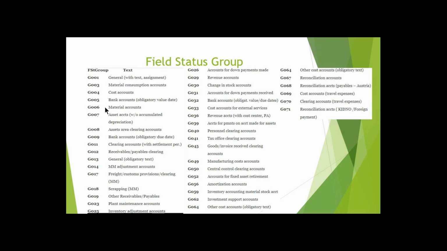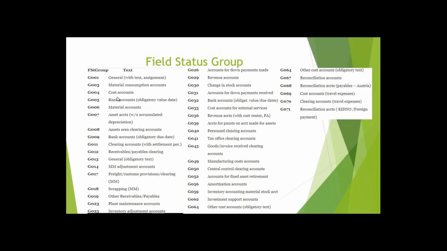Whenever you create the ledger, that ledger should represent a field. If I don't represent a field, the SAP software will not understand what kind of ledger that is, where I'm using it in the transaction, means in the voucher. So to represent that, we will give a field status variant. You might be getting confused, but once I show you the creation of a ledger, you will understand how these concepts are connected to each other.